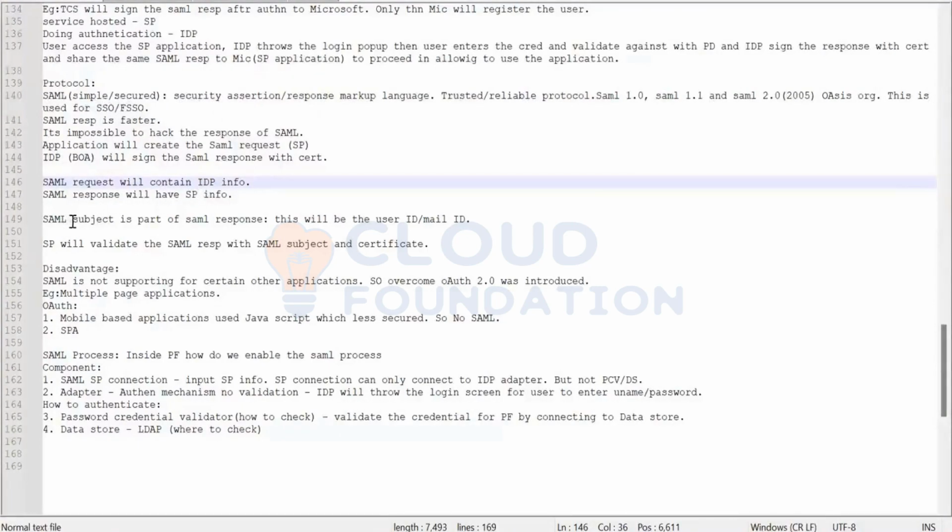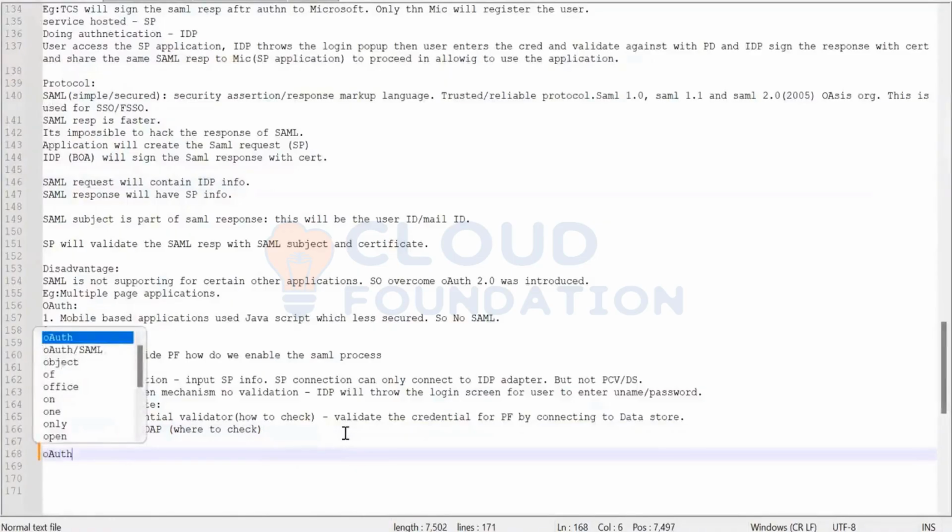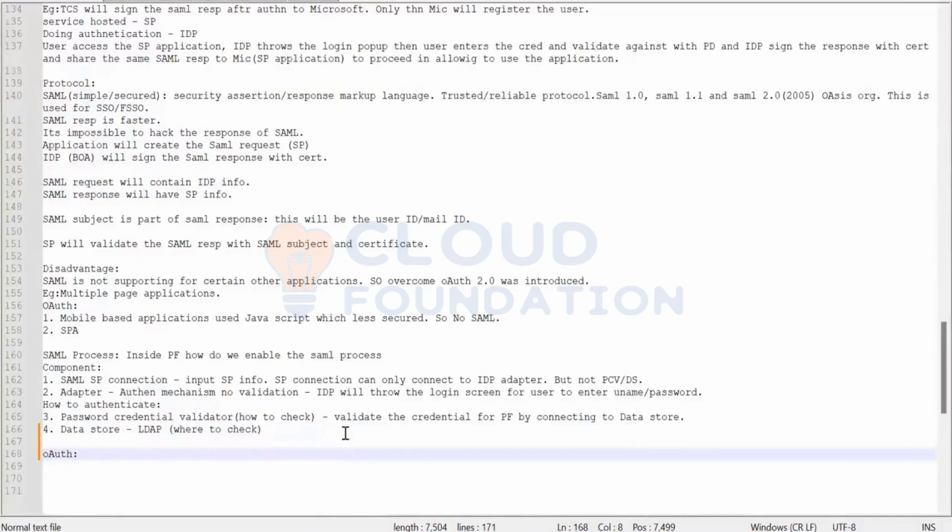In OAuth also it is there: a subject attribute will be there. In SAML also, it is there. Either the mail address or the UID of a user should be there as the SAML subject. In OAuth also, it's the same thing. UID or a mail address should be there. This, we cannot confirm ourselves. Actually, we need to get it from the application team, whether it should be the UID or mail address. But it should be the UID or mail address.